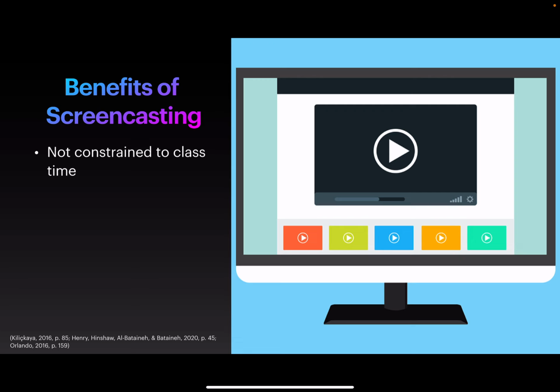First, it means that what you need to share with students, the content, the tips, the conferencing, you don't have to do that within class time only. Screencasting allows you to share this information in a meaningful way, but you can create it and you can share it with students beyond just the classroom time. And so this can be used for tutorials around how to use an app. You can share it with students. They can watch it if they need it,